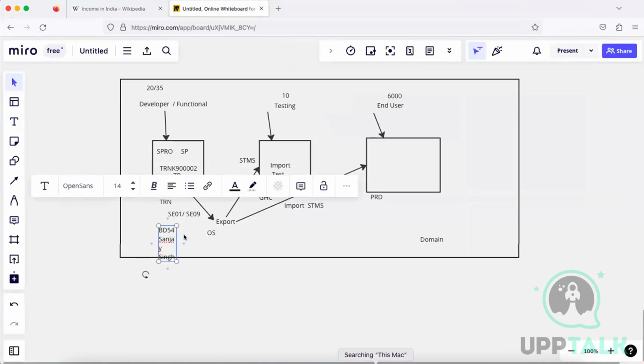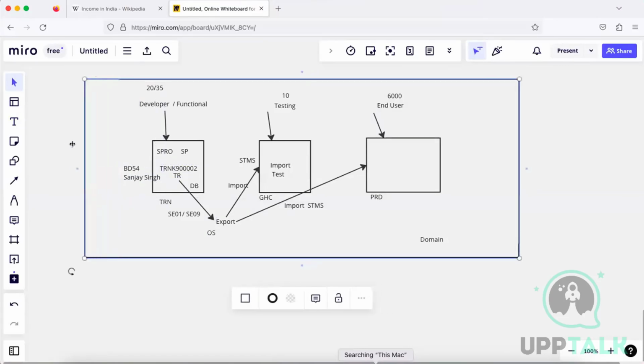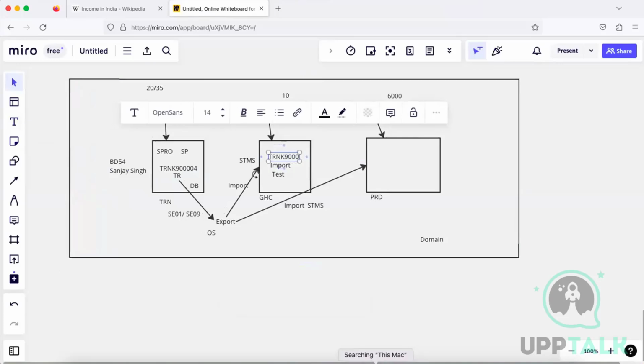I have made some entry there, and I have recorded it into a transport request number. In BD54, I have written something, and I have recorded it into the transport request. I exported and I imported. When I imported the transport request number TRNK9000004, so we got